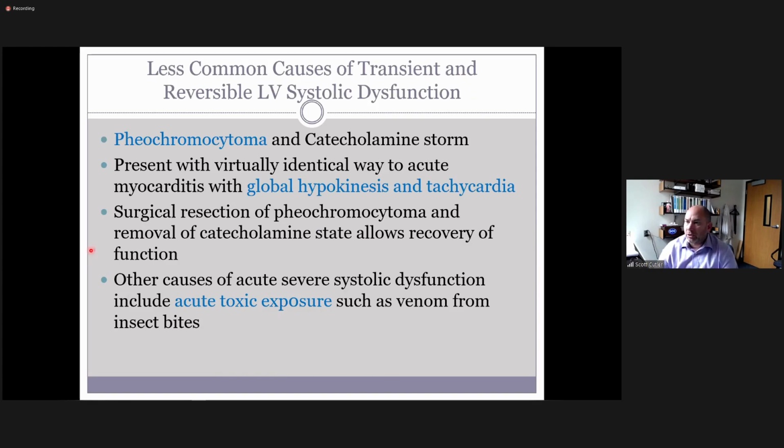All right, pheochromocytoma and catecholamine storm. Let me move this for a second. All right, so